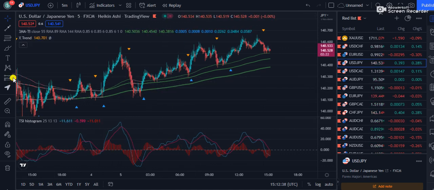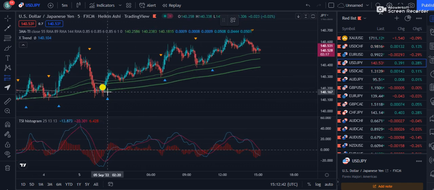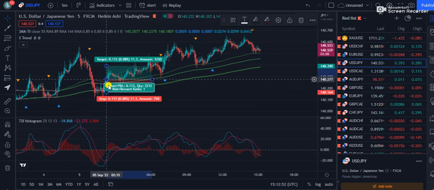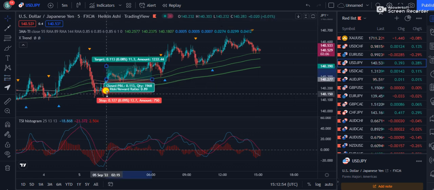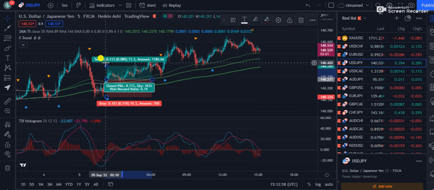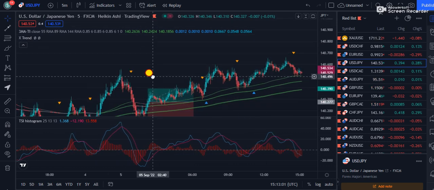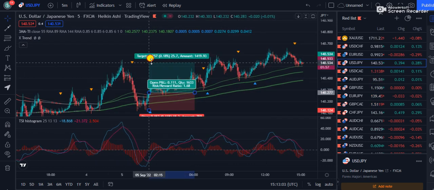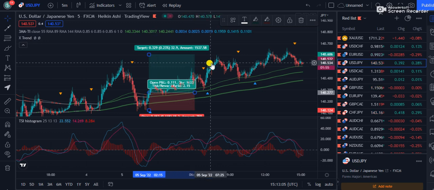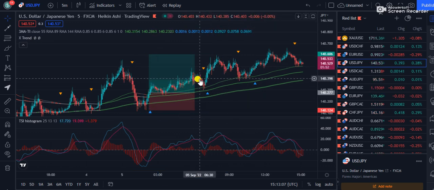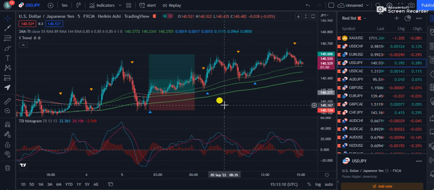So for example, we are going to take a long position, and all three moving averages are green. The first condition is met, and the histogram also closed a candle above the zero level. So let's say we have taken a buy position from here. We can set up a stop loss at the previous low of the market. Then if we compare how much we have targeted from this trade, we can calculate it, and you can see we have easily got a 2.15 ratio on this